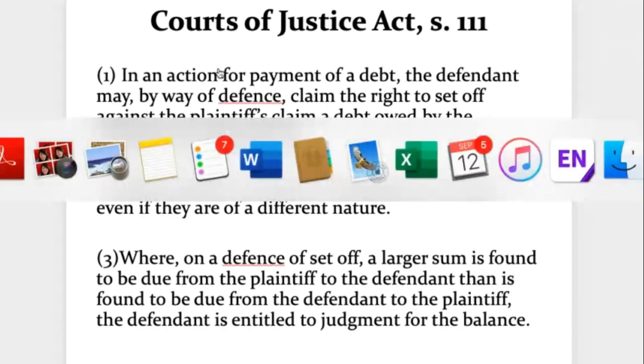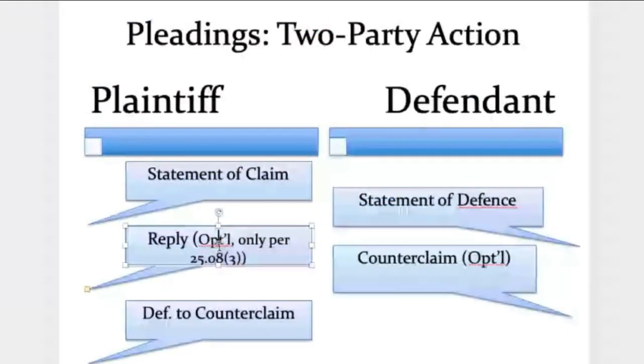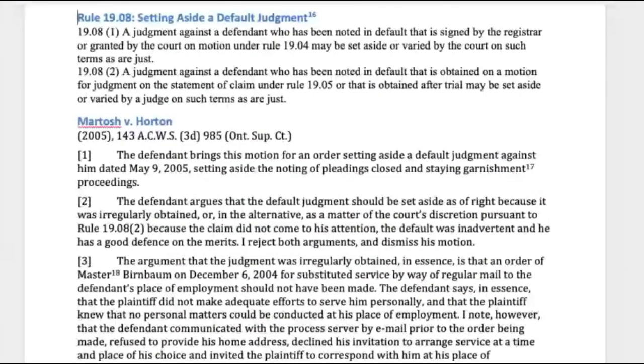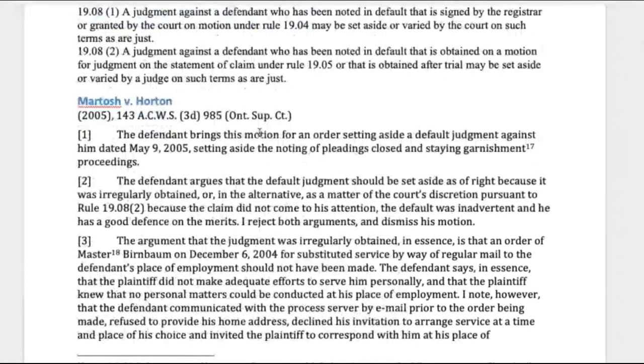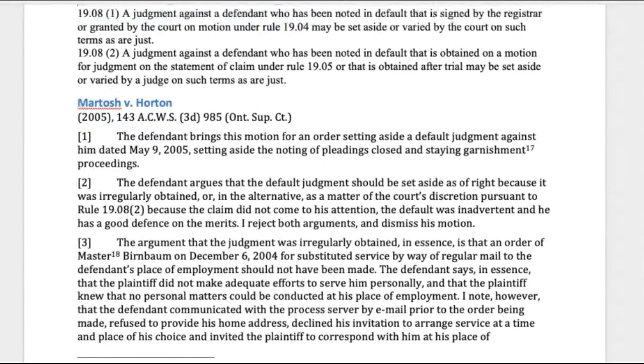Okay, let's look at this business of reply. Okay, so replies. This is a pleading that the plaintiff, in some cases, will issue after the statement of defense. So who can tell us when a reply is allowed? Because it's not every case in which the plaintiff has the right to issue a reply. Different version of facts. Yes, that's right. So this is here in Rule